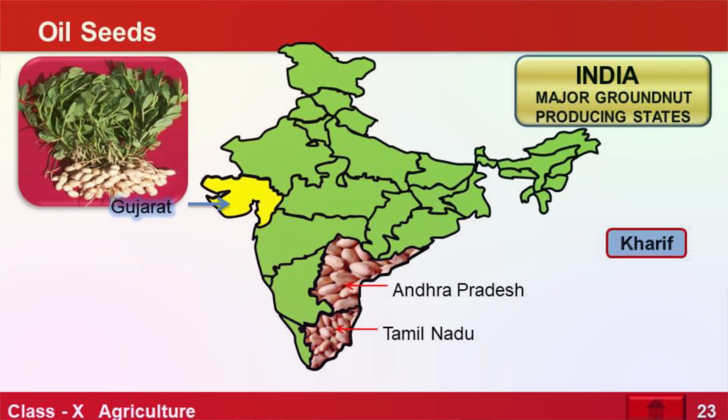Groundnut oil is a kharif crop, coconut oil as well, and sesame oil, til ka tel, is a kharif crop, somewhere it is a rabi crop. So these oil seeds are most important, grown in different states of India on different soils and in different seasons. Somewhere it is grown in rabi season, somewhere in kharif season. Very important, without that we cannot cook anything. You know that oil is crucial for us.